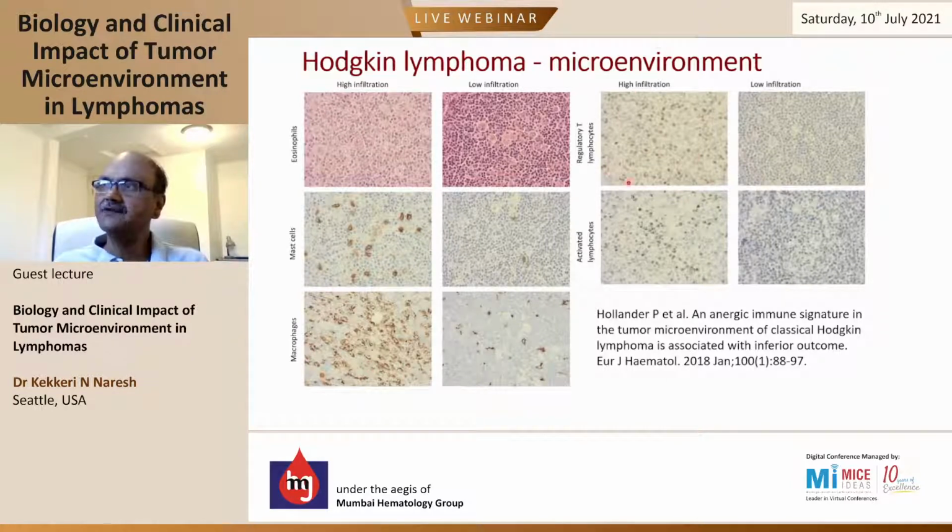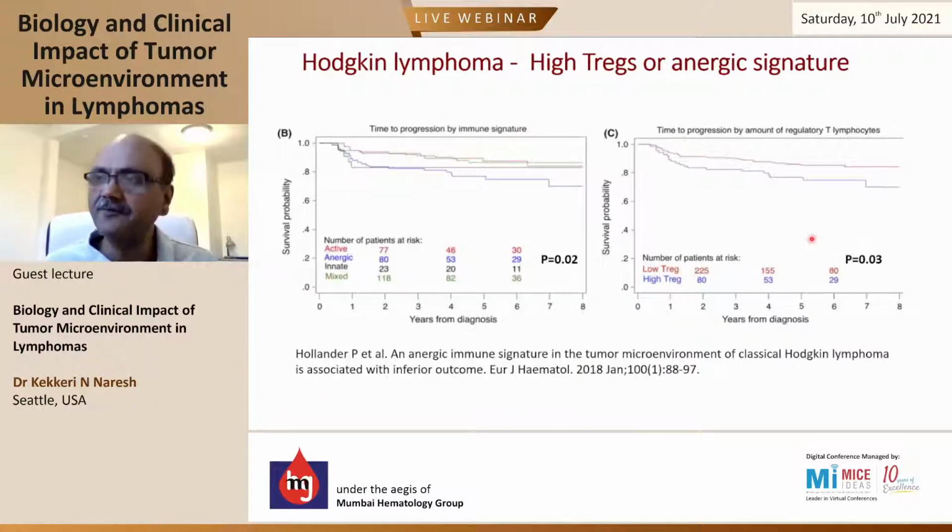Then you have regulatory T cells, which can be more, and so this is going to be suppressive. These are identified by FOXP3. And here are granzyme B positive cytotoxic T cells, showing you an activated T cell phenotype. There are some Hodgkin lymphomas which have a lot of granzyme B positive cells, and some which have very low granzyme B positive cells. And when each of these factors were looked at for how they impact on outcome, you can see